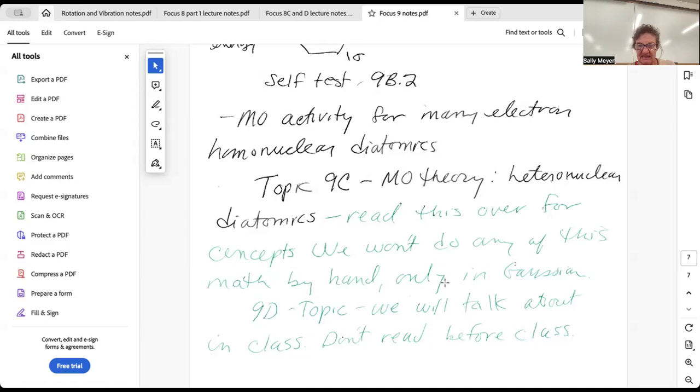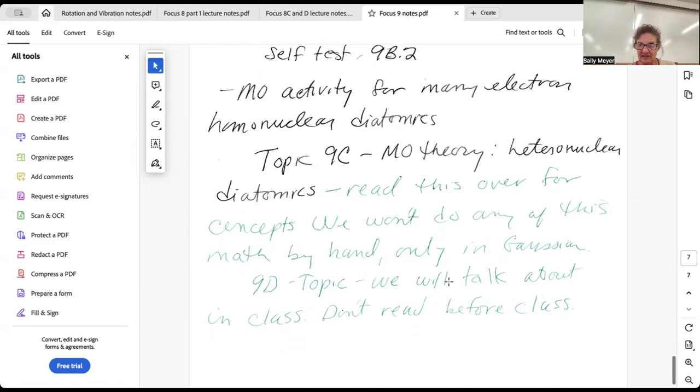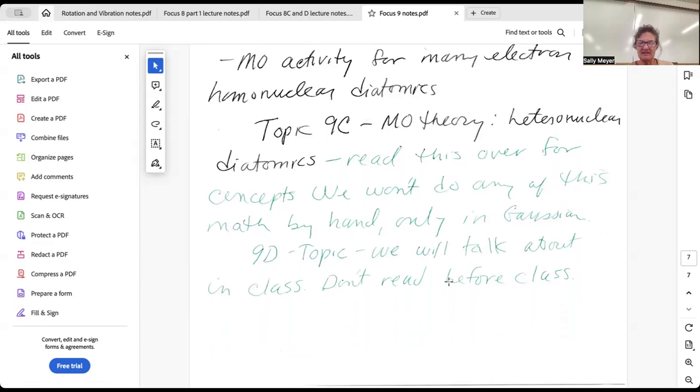And then 9D topic we'll talk about in class. And you don't have to read that in class. So we're going to talk about polyatomic molecules, a little bit about Huckel theory. So let's just go to molecular diagrams. I do want you to read, though, the computational chemistry bit where it talks about how